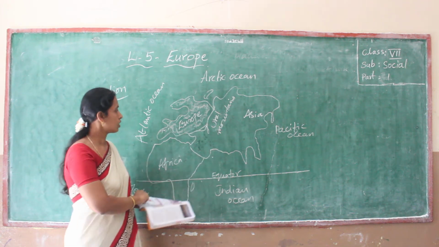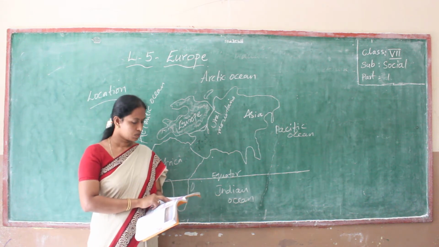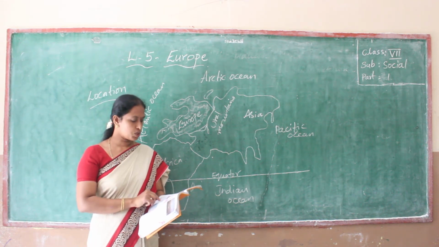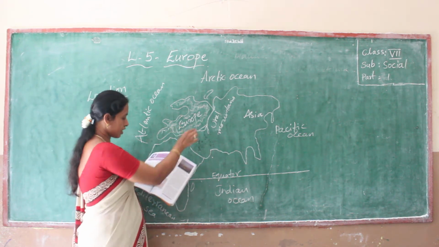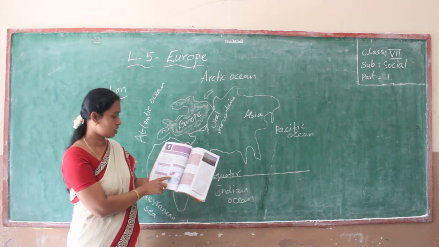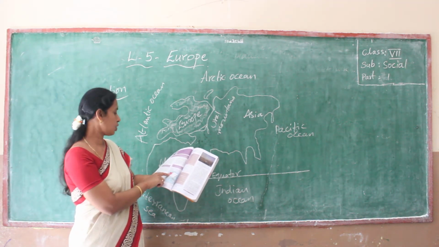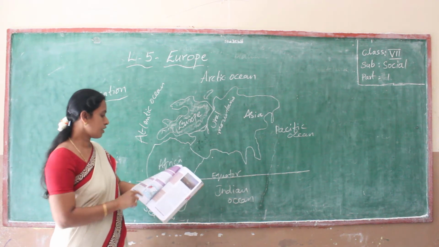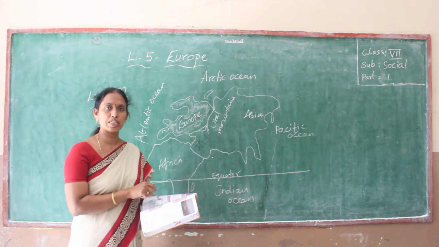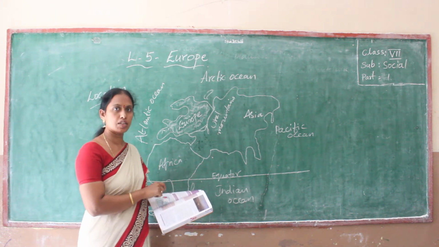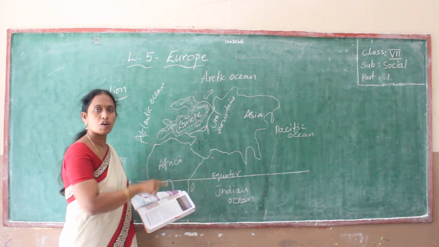Europe. Here I have drawn this. Look at map 1 in which Europe has been shaded. Here, Europe is shaded with red color. See all of you in your textbook. This is the part of Europe. Identify the boundaries of Europe and see the boundaries also given in this map. All of you see the map of Europe and see the boundaries and the oceans of Europe.